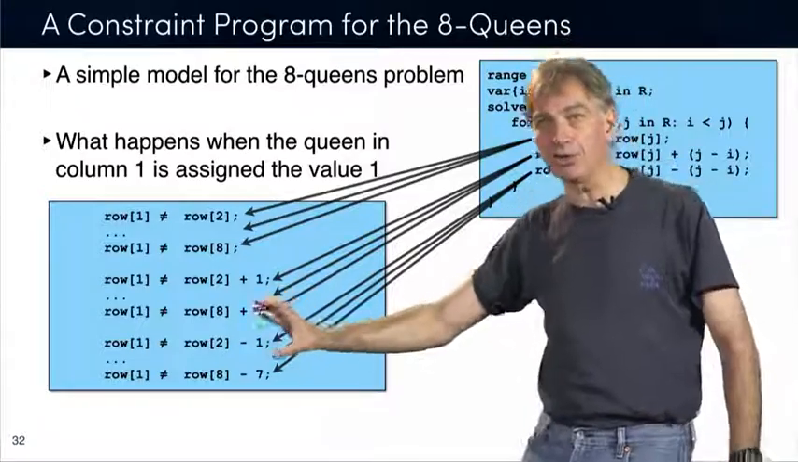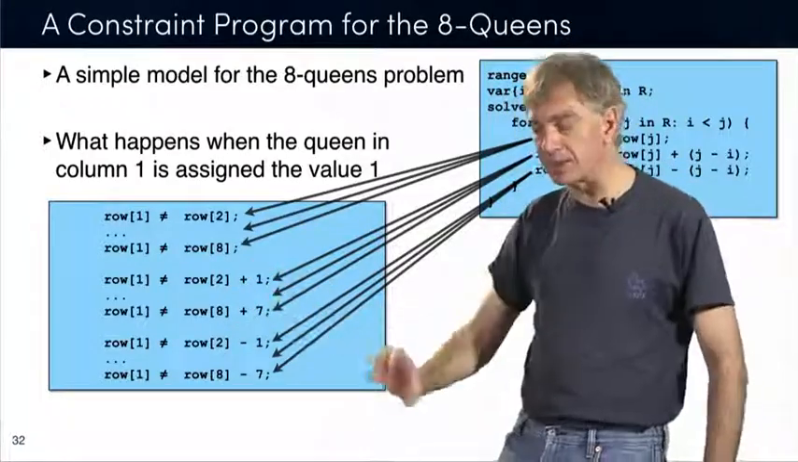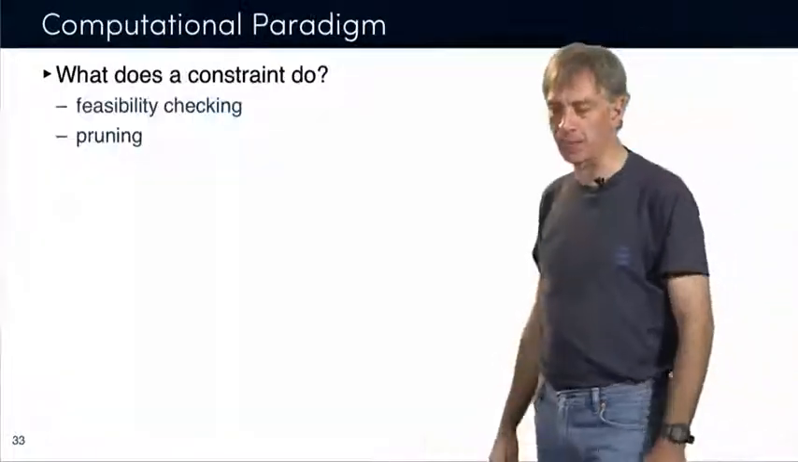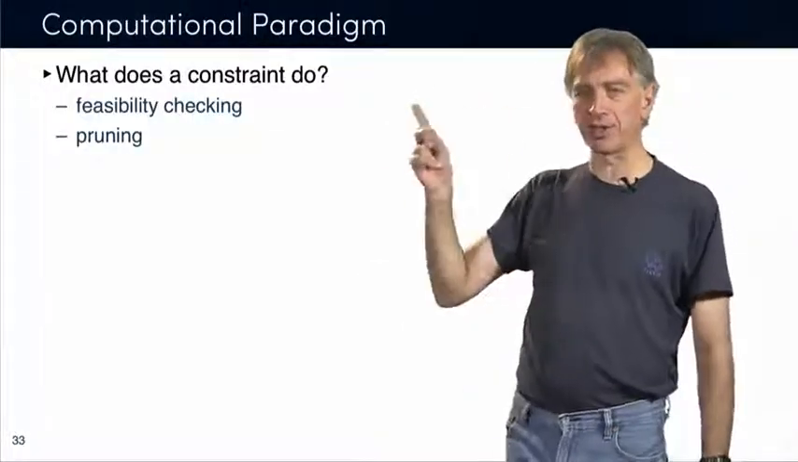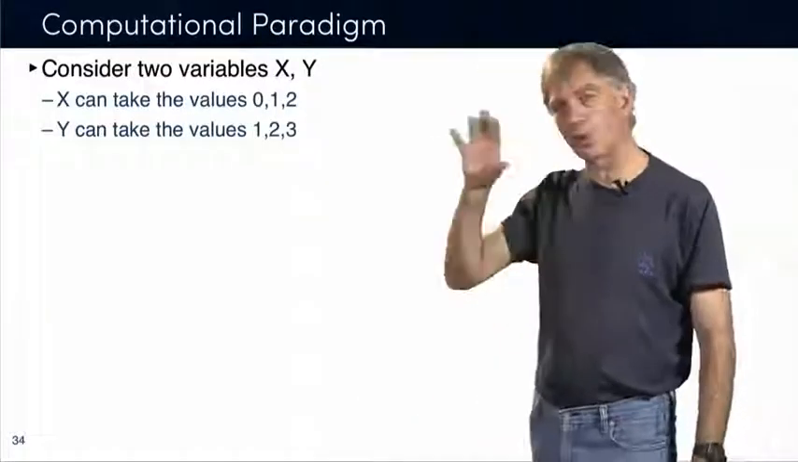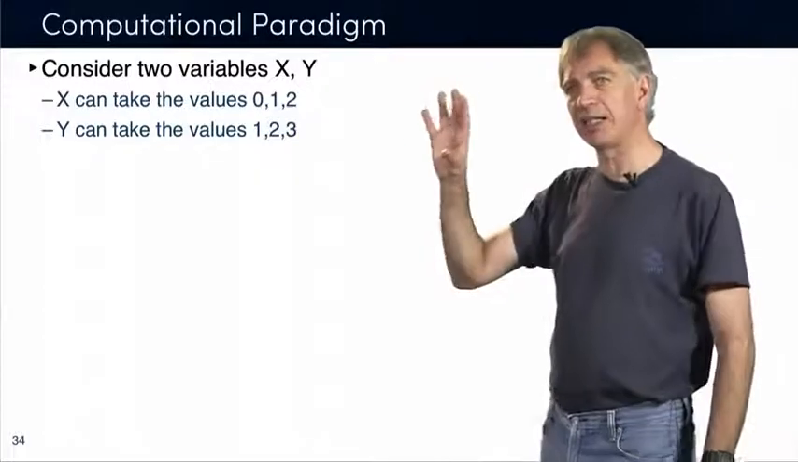And you can use that for removing that value from the domain, and therefore reducing the search space. Okay? Once again, I told you that the two things that it does are feasibility checking and pruning. Okay? I'm going to skip this slide, but what I want to do here is tell you a little bit